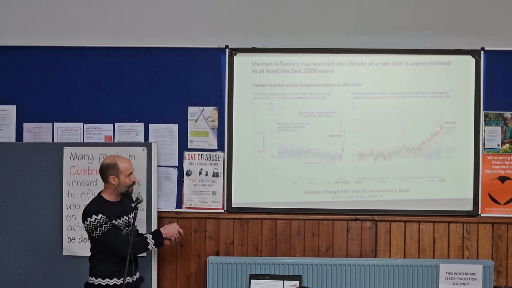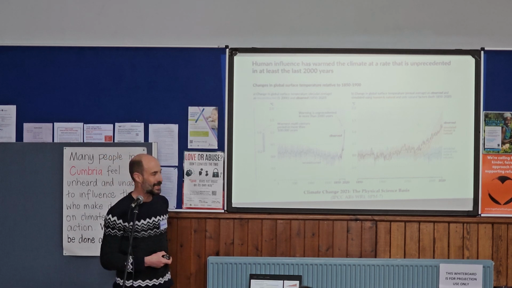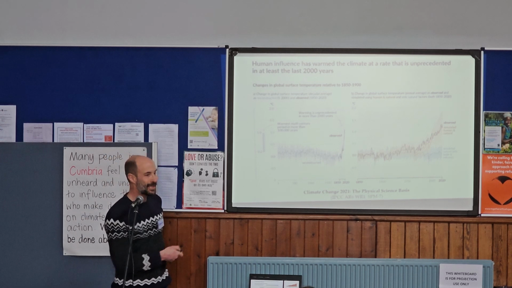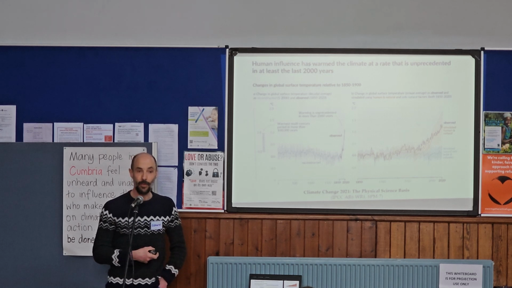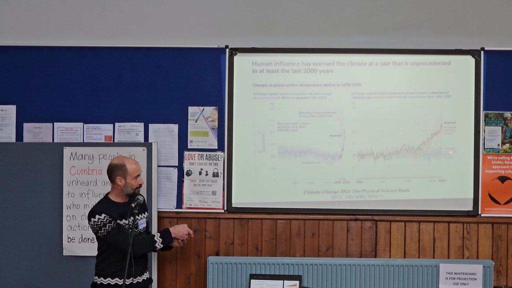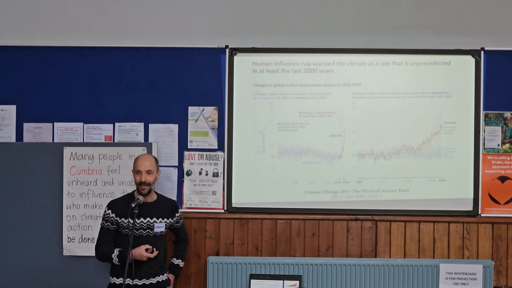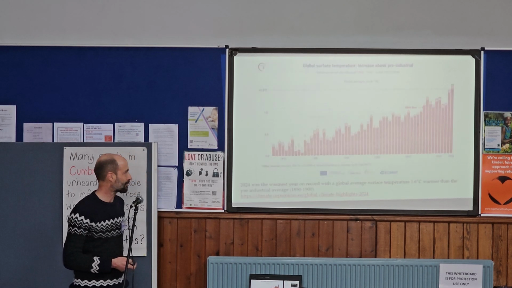But the only way in which we can explain the observed increase in temperatures within recent decades is by incorporating the impacts of human activity and of that change in greenhouse gases. So this blue line is ignoring the changes in atmospheric composition; this is including that. So we need to include that to be able to explain the changes that we've seen.